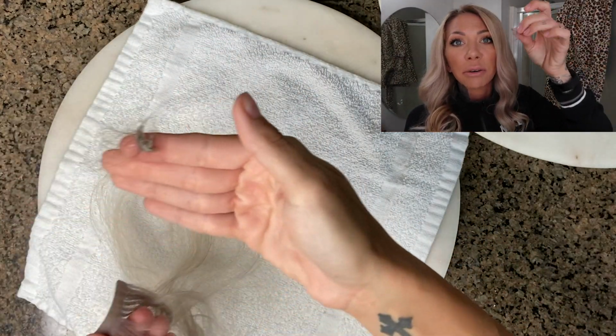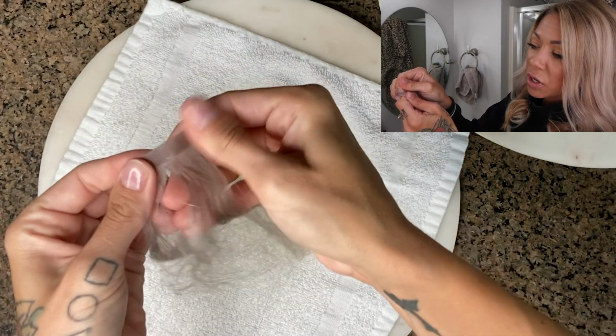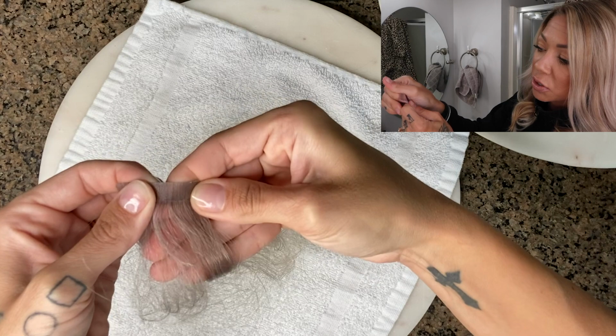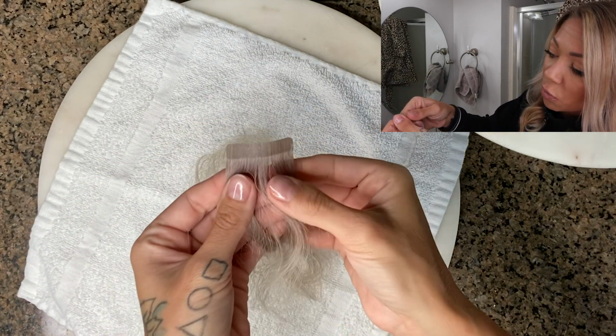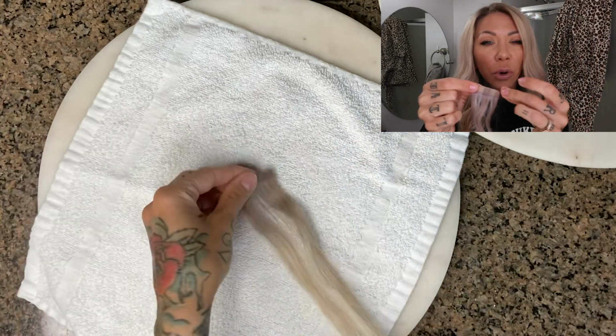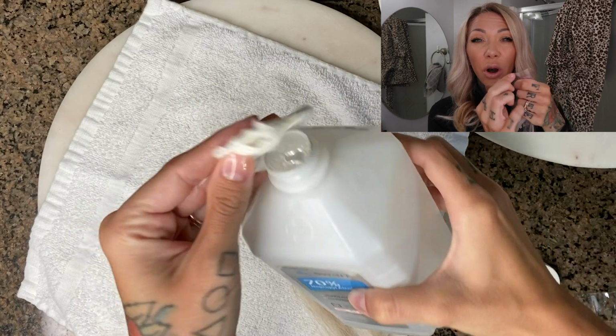Okay, so now you have the glue and then a weft. Then you want to take your fingers and just roll up any of the excess glue and it will get it really actually pretty clean. But you want to make sure there's no residue on this base part or your sticker is not going to stay really well. So now that most of the glue is off, I'm going to take alcohol and clean this